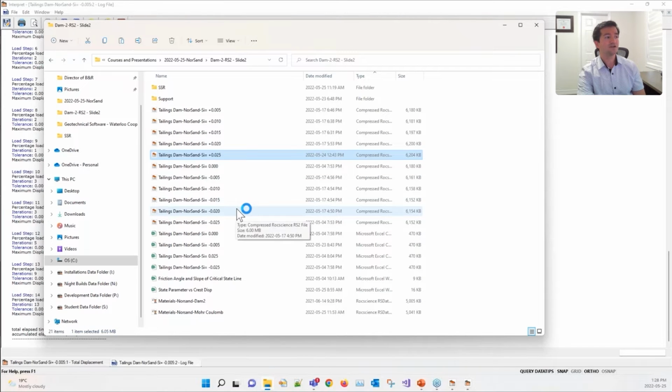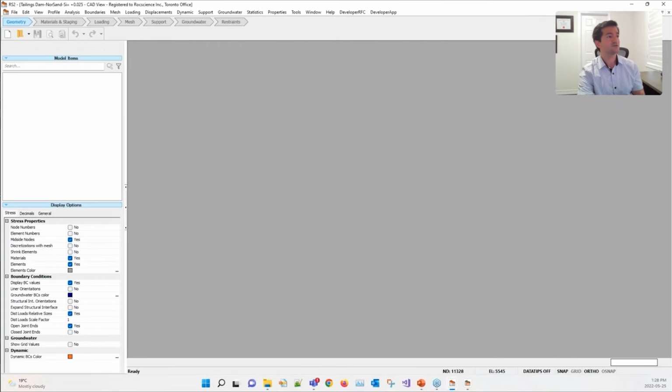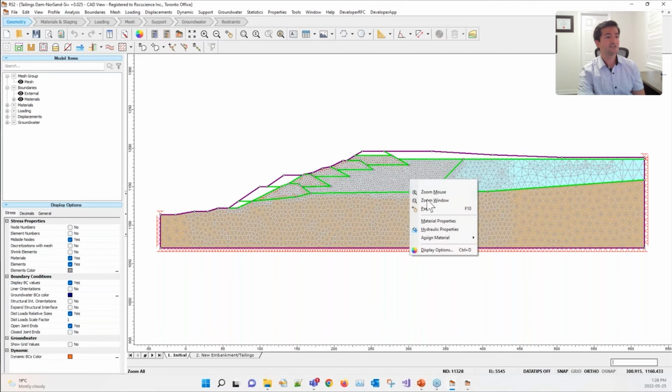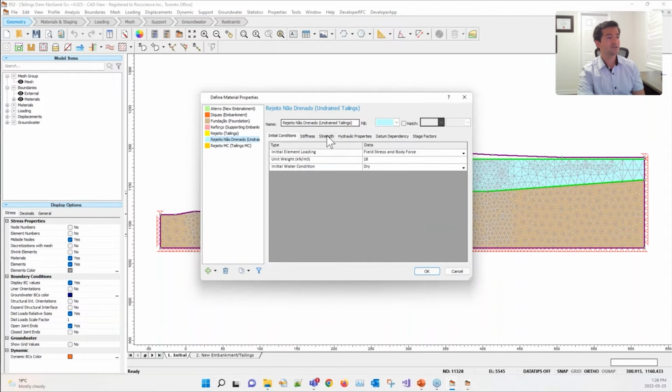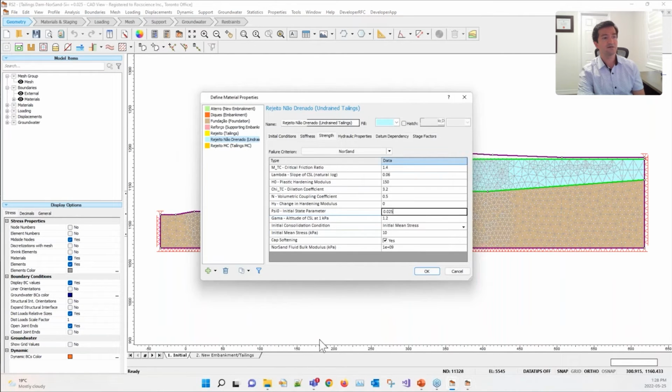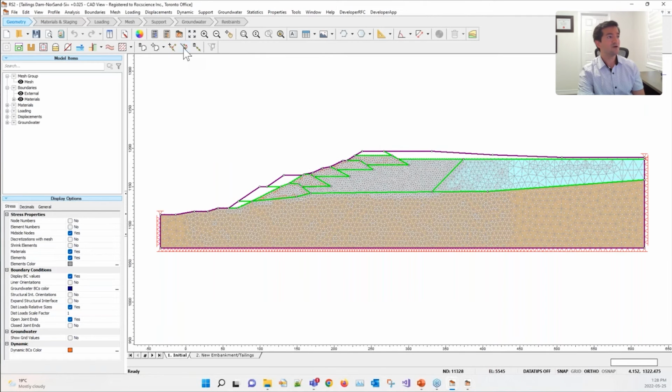Initial state variable is plus 0.025. Everything is the same except for the material properties, the tailing materials. This is your initial state parameter. Now, if I open this one in the interpret,